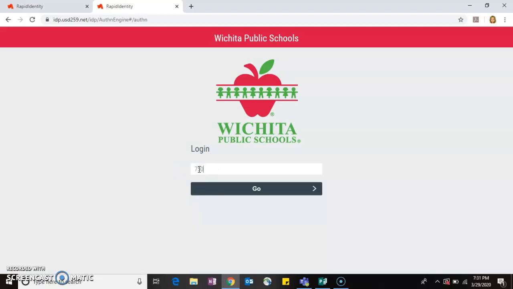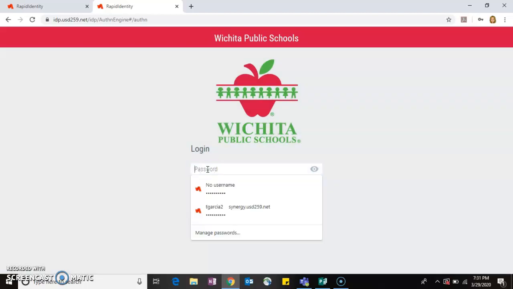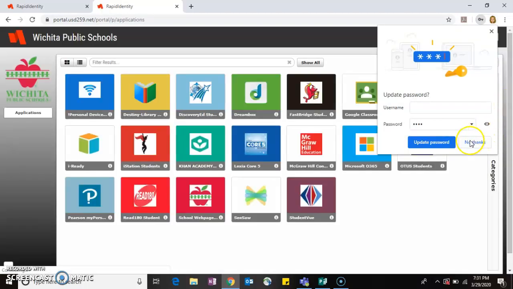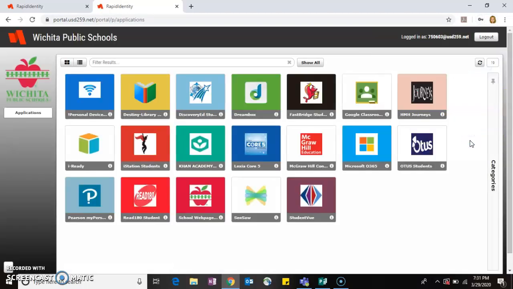So if I type in Davis's login information, and then I'm going to type in his password, and I am into the portal. So while I'm in here, the three things we're going to be going over today, again, are Lexia, Dreambox, and Fastbridge. So Lexia is this little tile that looks like this. It's called Lexia Core 5. So if you click it,